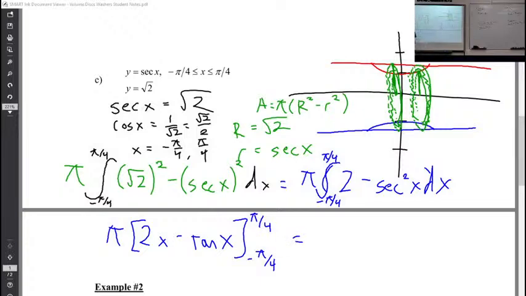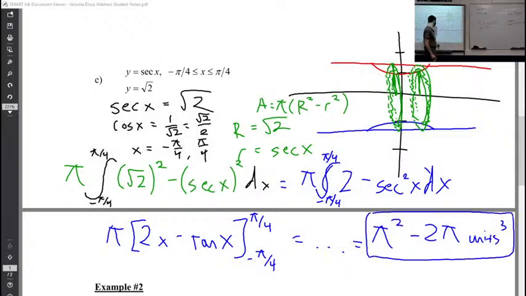And you're not here to watch me evaluate out trig stuff. And so I won't show out that whole thing. But you should get pi squared minus 2 pi. Units cubed. Mostly focused on our setup process. And just so that you see,